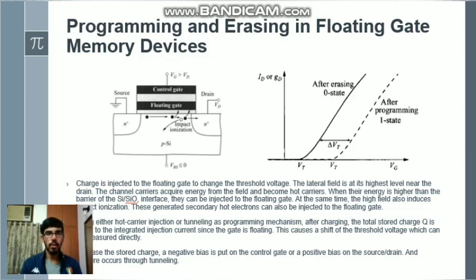So this MOSFET device can be used similar to a fuse or a diode in the normal programmable ROMs, but with the difference that this can be selectively reprogrammed by setting the voltage of the floating and the control gates at our discretion. So this is how memory, at least semiconductor memory, is physically realized in a system.